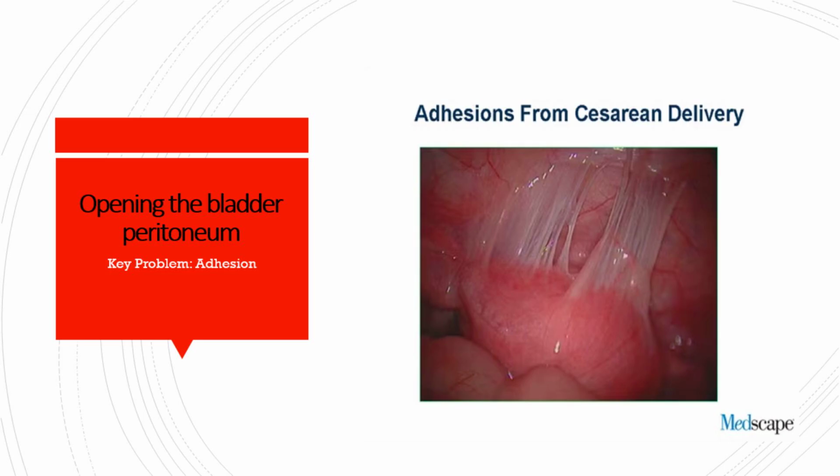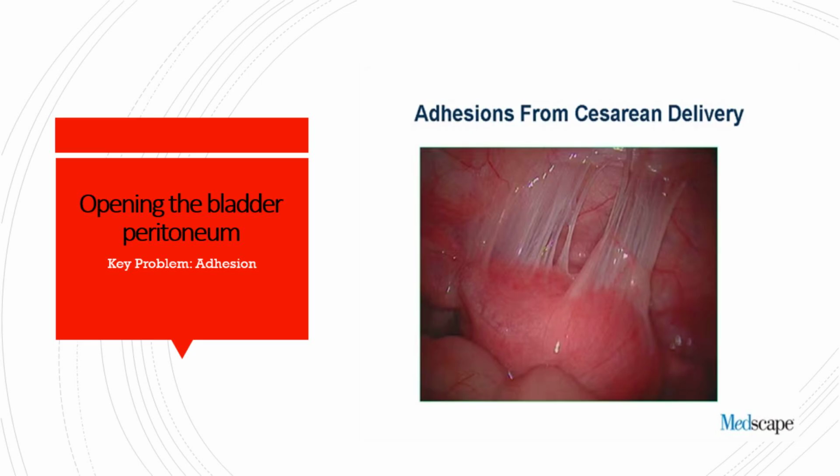Scarring from previous cesarean sections is a common issue that can complicate subsequent surgeries. Adhesions from prior procedures can obscure normal anatomical planes, making it challenging to open the bladder peritoneum safely. In general, by being aware of these challenges and employing careful surgical techniques, we can minimize risks and improve outcomes